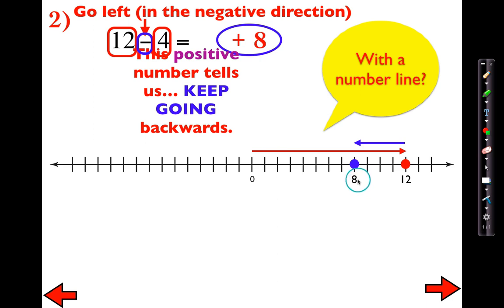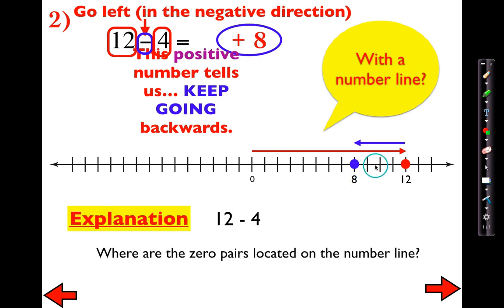So here, again, where are the 0 pairs located? I would say it's right here. And how many 0 pairs were there? Well, there's 1, 2, 3, 4. How would you get 4? Well,